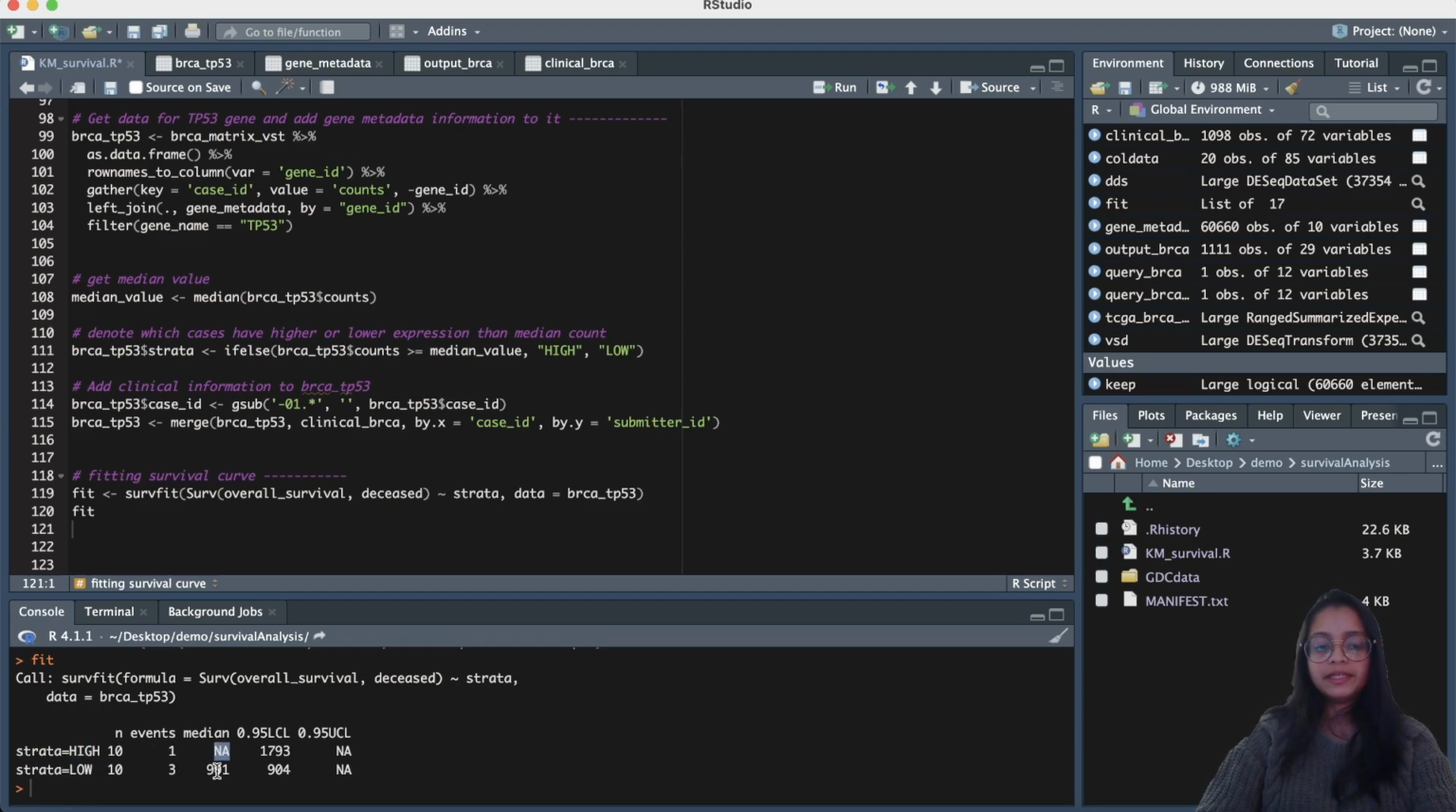We also get median survival information. For the low expressing group, the median survival was 999 days, but for the high expressing group it could not be computed. And these two columns provide us the lower bound and the upper bound of the 95% confidence intervals. So now let us